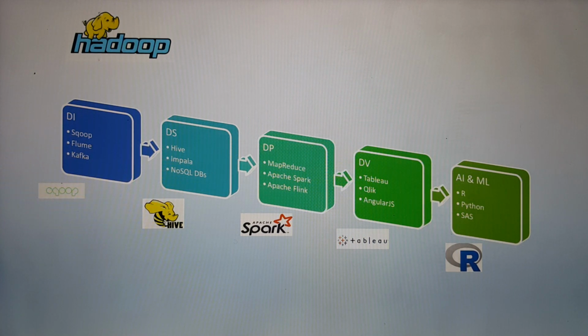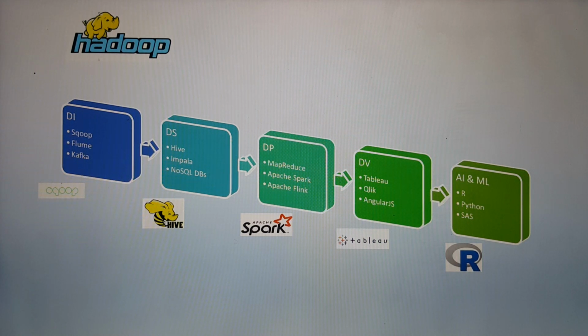Going further downstream, we talk about the data storage. To store data in Hadoop, we have Hive, Impala, HDFS, and lot of NoSQL databases. But again, Hive is the bare minimum to become expert in the field of data storage.